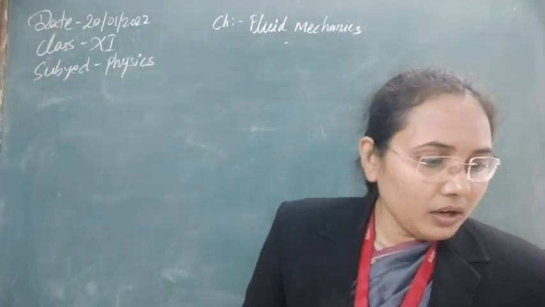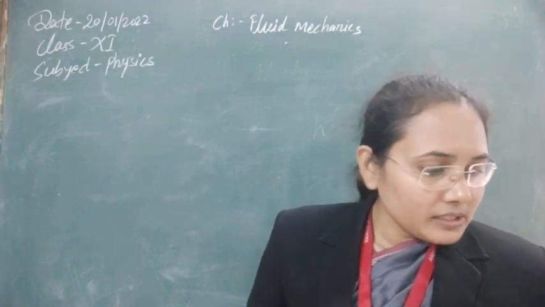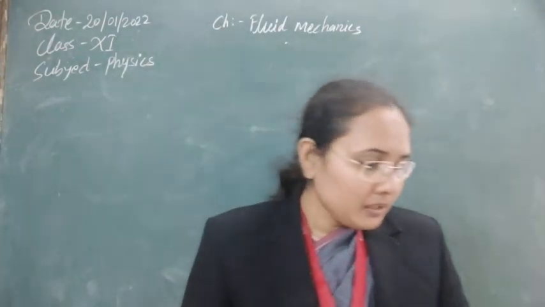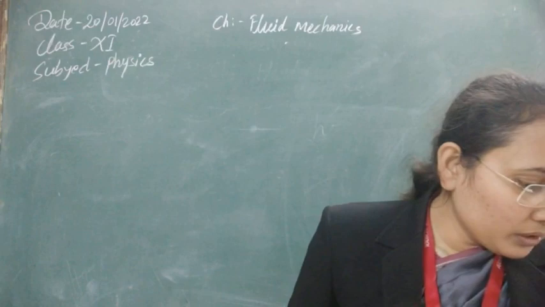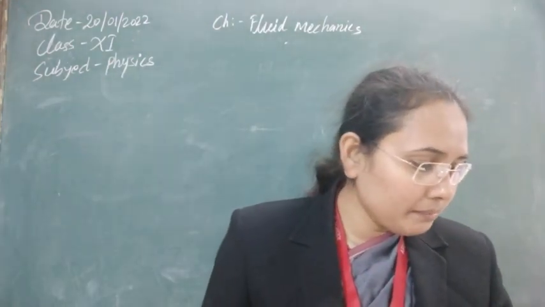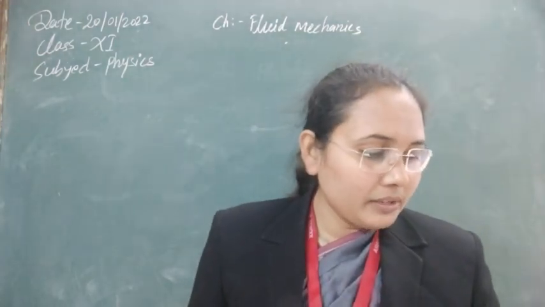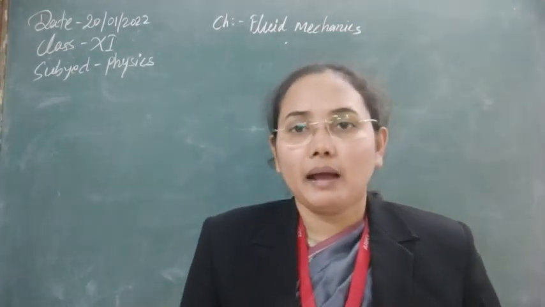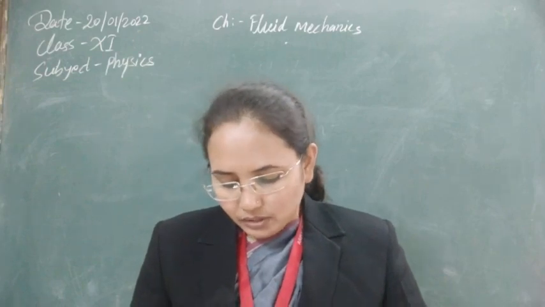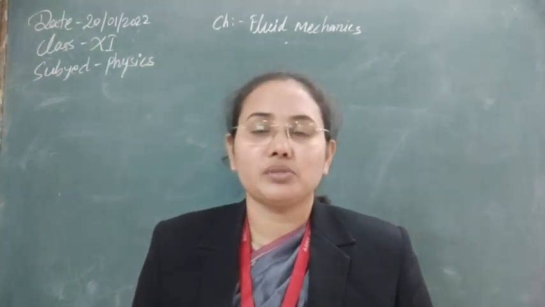So this was some of the conceptual questions based on excess pressure. Now let's solve some numerical problems after this conceptual problem. So the first question we have: what will be the total pressure inside a spherical air bubble of radius 0.2 mm at a depth of 2 meter below the surface of a liquid of density 1.1 gram per centimeter cube and surface tension 50 dyne per centimeter. It is given atmospheric pressure is 1.01 into 10 to the power 5 Newton per meter square.